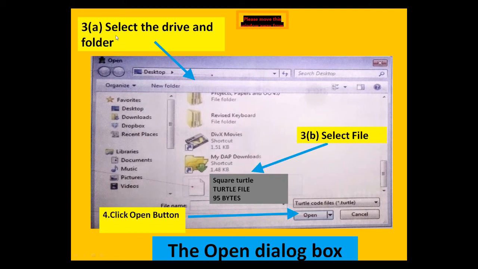So there are 3 steps: first select the drive and folder, then select the file, and then click on the open button. When you click on the open button, the file will be open.